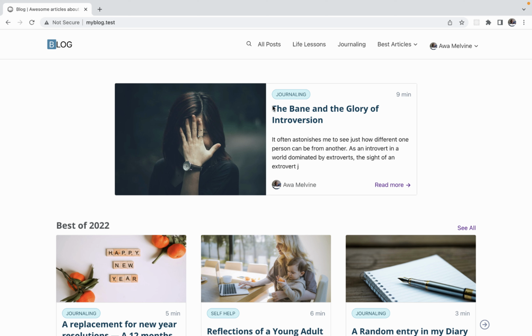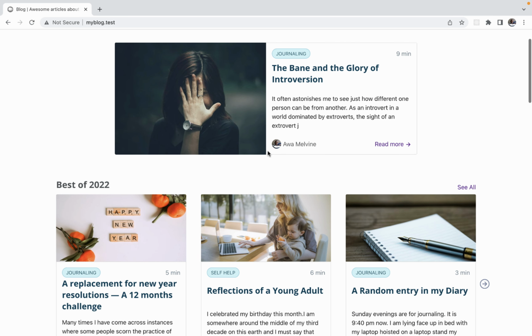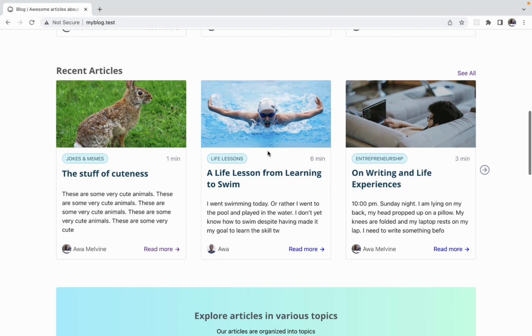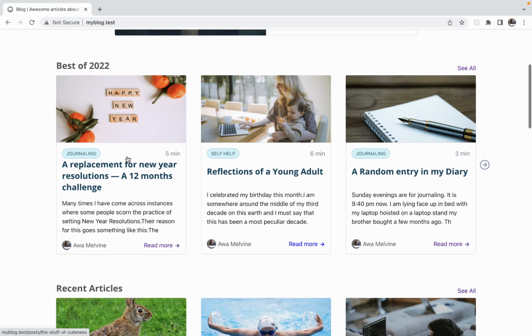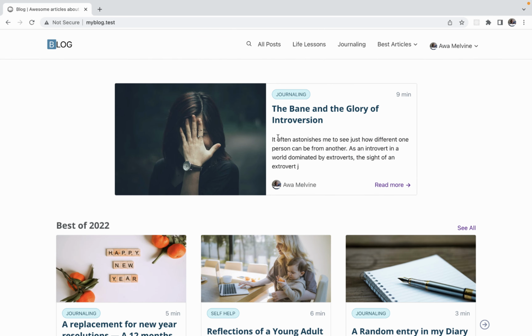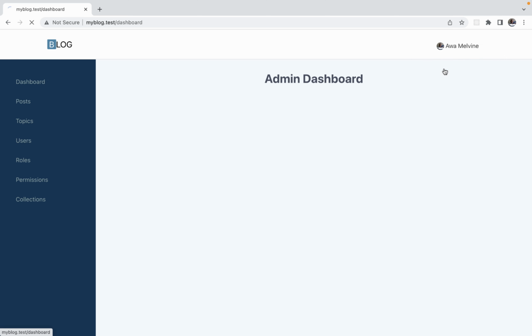Let's say we want to replace the article that gets to show here. That can only be done by an admin user. And let me show you how we can do that. Let's say we want to display this article here, The Stuff of Cuteness, as the featured article. We will simply go to the admin dashboard by clicking on the dashboard link under the logged in user on the navbar. And we will be taken to the admin dashboard with a bunch of menu items on the left